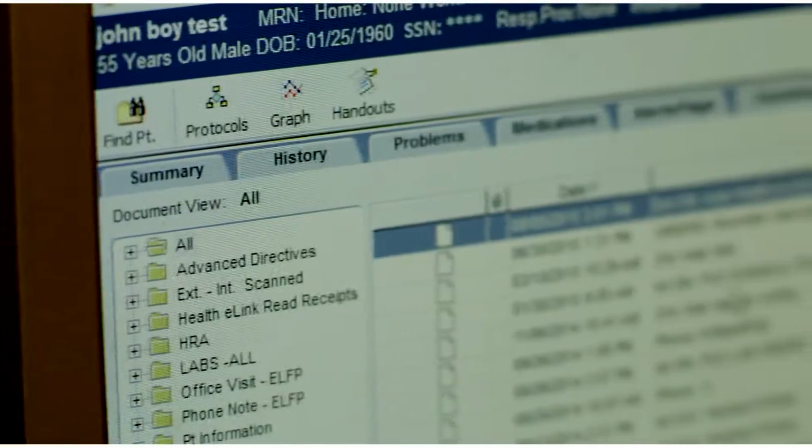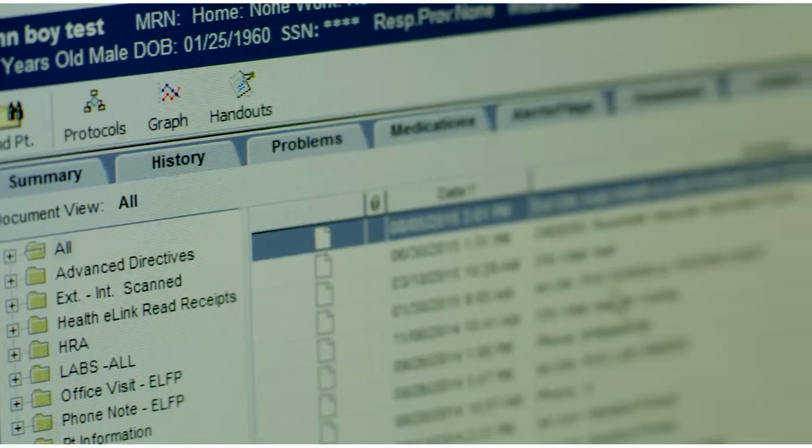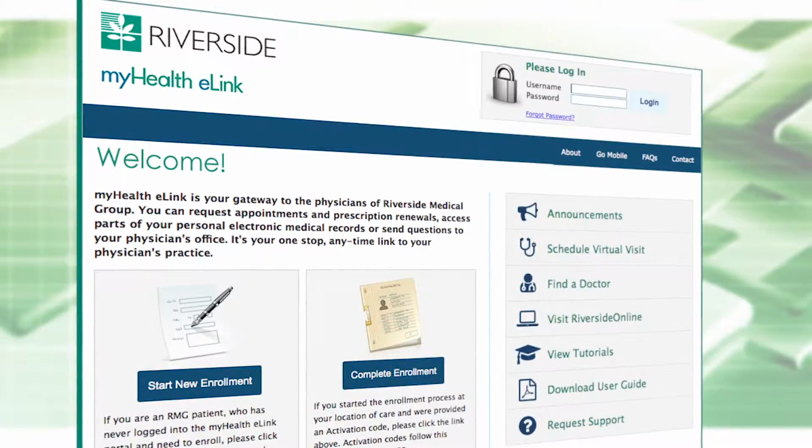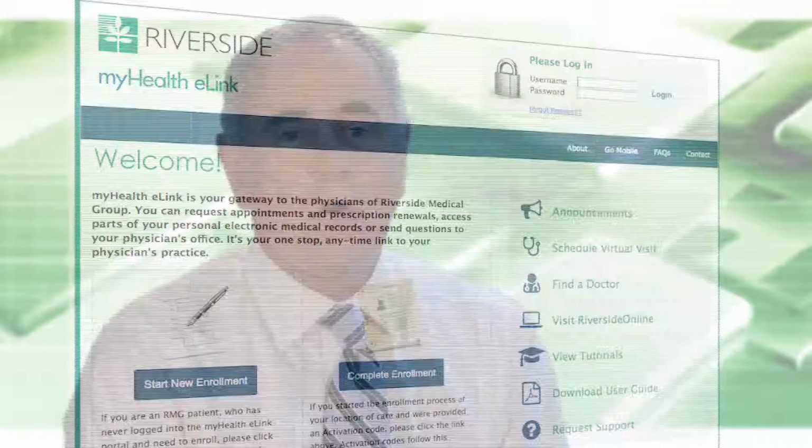We're going to talk a little bit today about MyHealthELink and how we use it in our practice. What HealthELink allows the patient to do is to go into their computer on their timeline when it's convenient for them and ask us questions or schedule appointments or request refills or just request follow-up information from the providers in